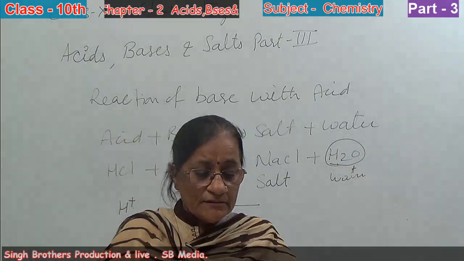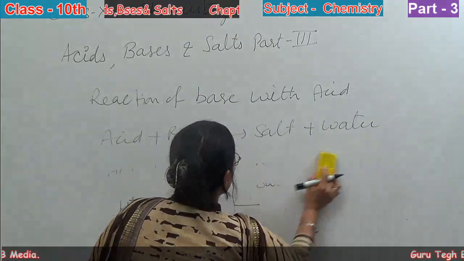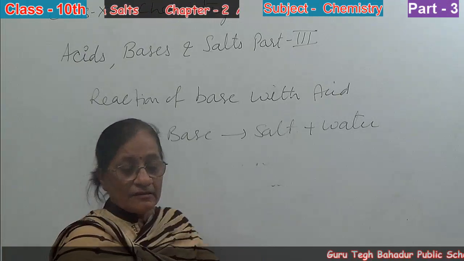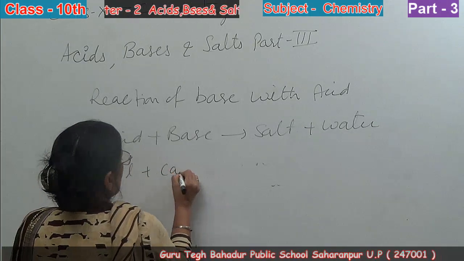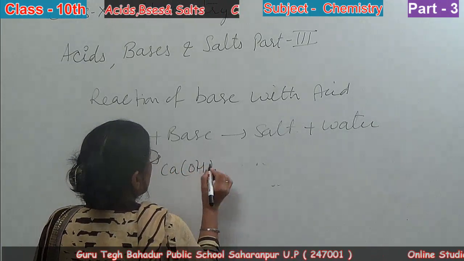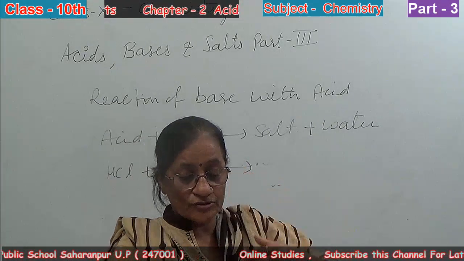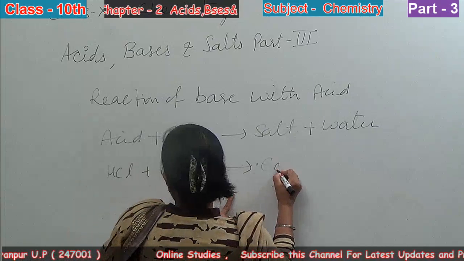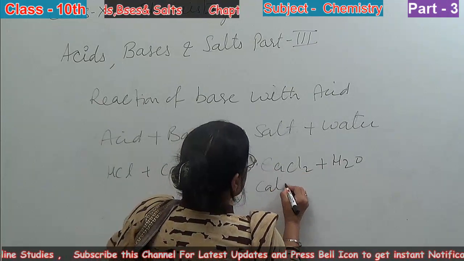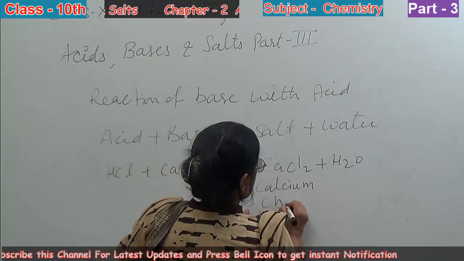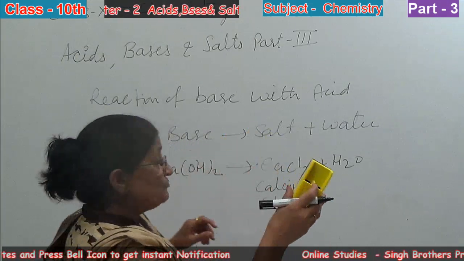Next we can take another example, that is HCl acid plus Ca(OH)2, calcium hydroxide. The reaction of hydrochloric acid with calcium hydroxide forms CaCl2 plus H2O, calcium chloride and water. Now next is reaction of acid with metal oxide,